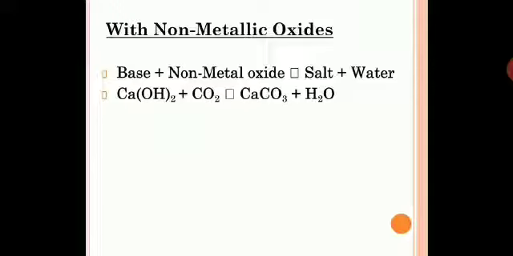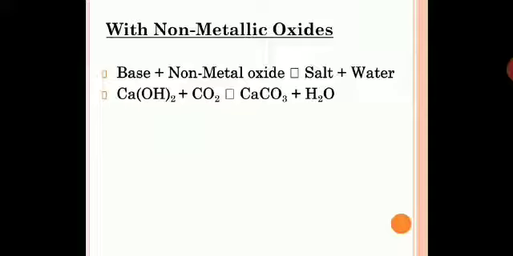This is the formation of calcium carbonate, a reaction we have already done. Calcium hydroxide is also called slaked lime or lime water. This reaction is the confirmatory test for carbon dioxide. How do you check the presence of carbon dioxide gas? By passing it through lime water, that is, calcium hydroxide. So this is the same reaction which we have already done. Now we are learning it under the reaction of a base with non-metal oxides.